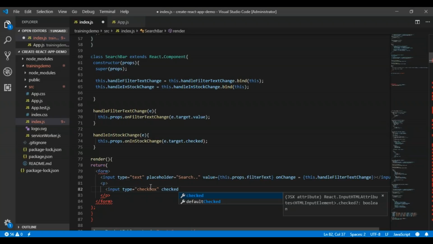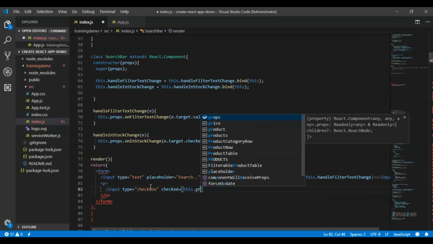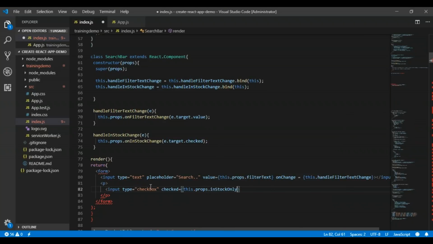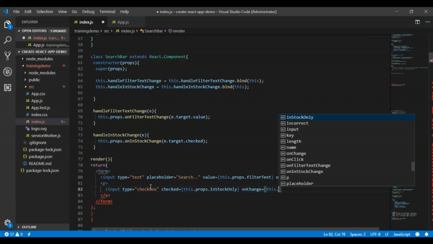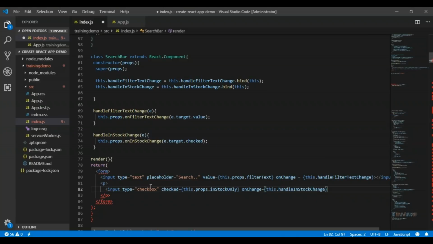Checked, I will check whether it is checked or not. So I will say checked equal to this dot props dot in stock only, whether it is in stock or not. And on change, if there is a change event, I want to call this dot handle in stock change. So that's it.